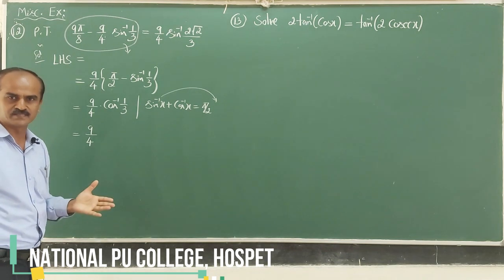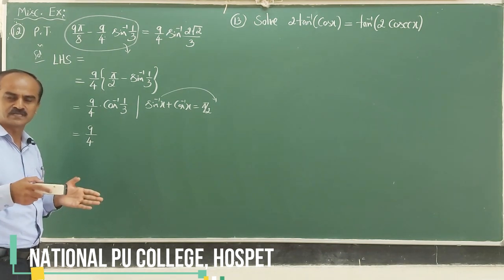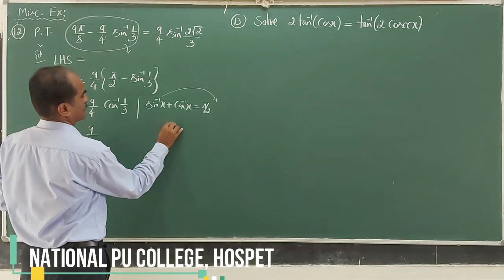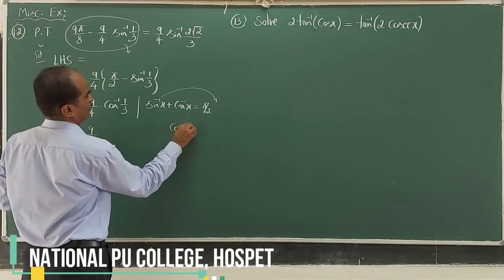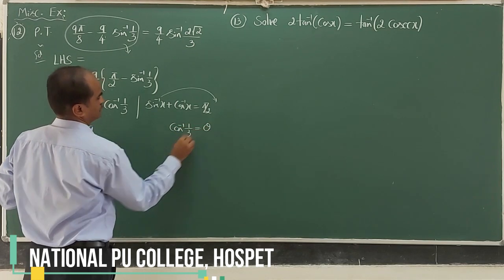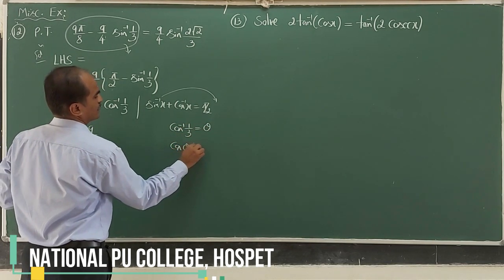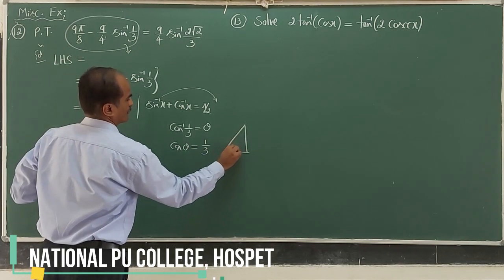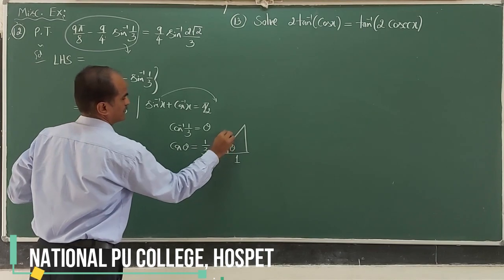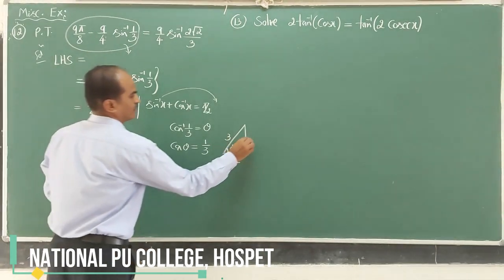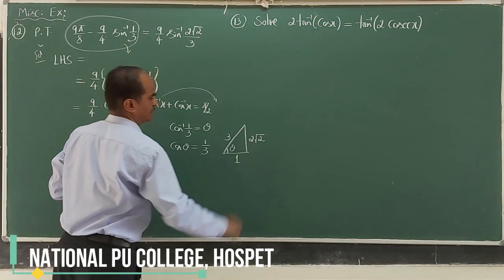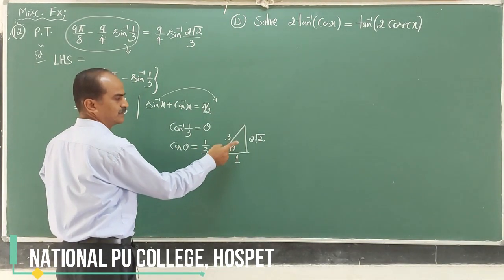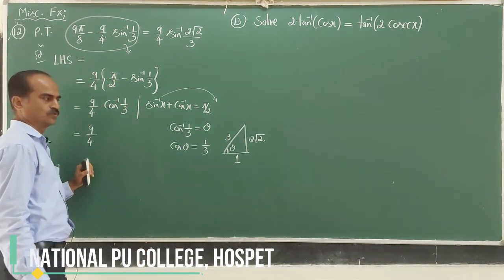We already discussed how to rewrite one inverse trigonometric function in terms of the other. What is the method for that? Now let me write cos inverse of 1 by 3 equal to theta. It implies cos theta equal to 1 by 3. Cos theta is adjacent 1, hypotenuse 3. Find the opposite side. It is root of 9 minus 1, root 8. Root 8 is the same as 2 root 2.